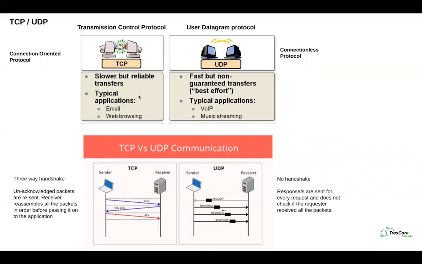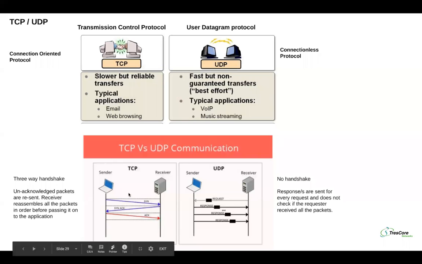So it uses the TCP protocol, but there may be some applications that don't care. Basically, they call it a best-effort delivery. It's not guaranteed. It's called User Datagram Protocol, UDP, and it's also called a connectionless protocol. The good thing with UDP is there is no overhead. In TCP, you saw that